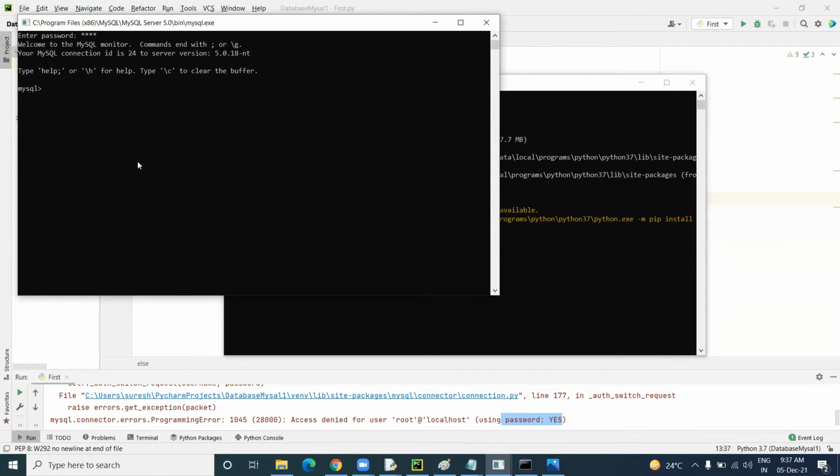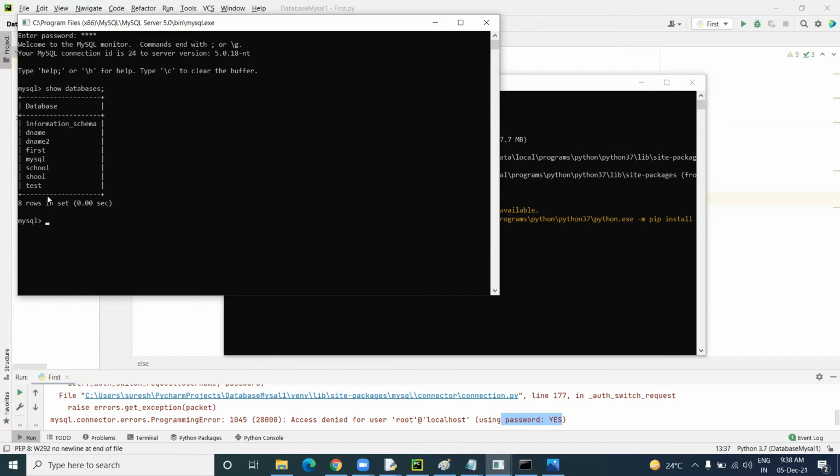Now if you want to show any database, you just use MySQL commands. Just learn the basic commands. Show databases. If you want to see all the previous databases, you just run show databases.